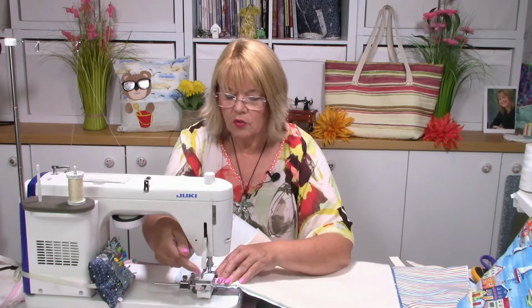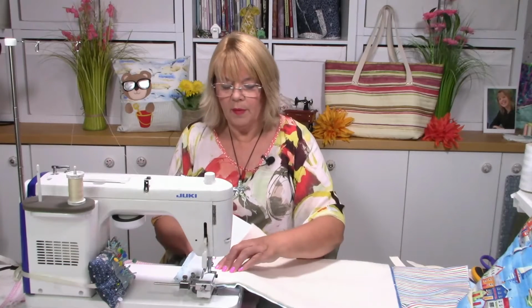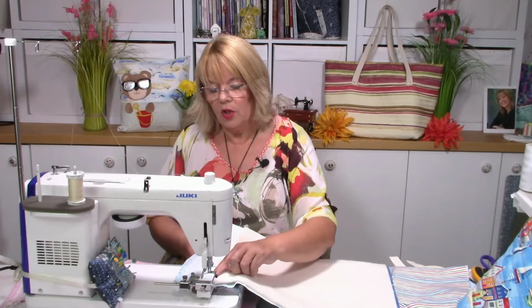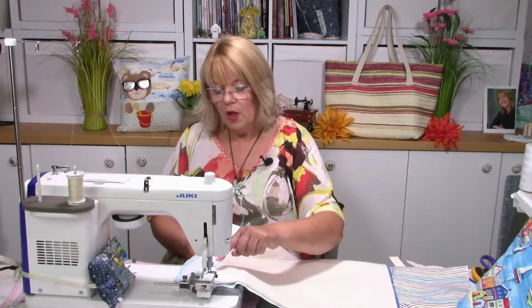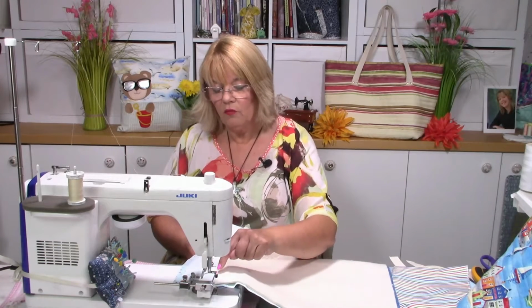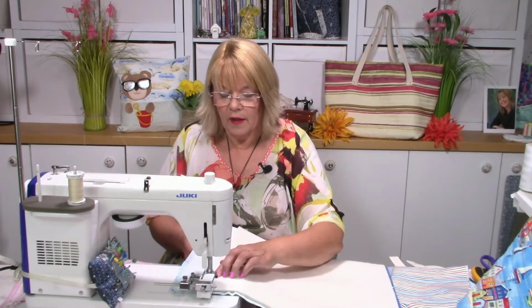We want it to show, we want it to look purposeful, I suppose. So the first line of stitching we're going to do is fairly close to this edge of the wadding. We're not going on to the stiff stabilizer, we're stitching right on the edge of this. So if I just go along there,